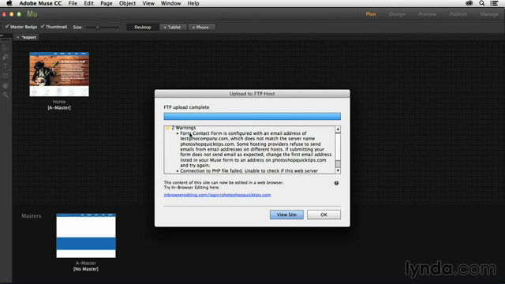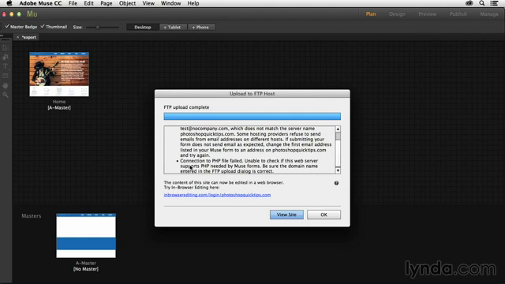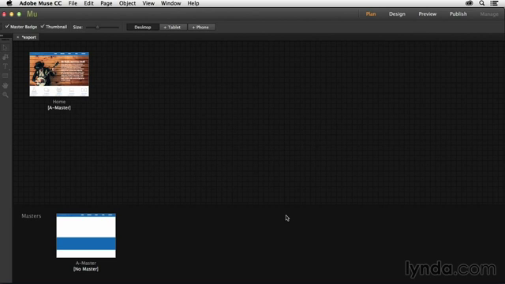So in this case, it gives me two warnings. One, the contact form. That's the same bug we've been seeing all along. I used a fake email address. No big deal there. The second one is a connection to PHP file failed. It's unable to check if this web server supports PHP needed for Muse forms. So this is something that I need to fix on my host end, but for now, it's not that big of a deal. So what I'm going to do is just hit OK,